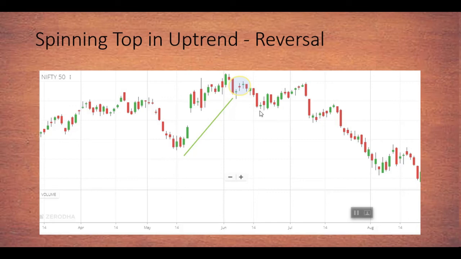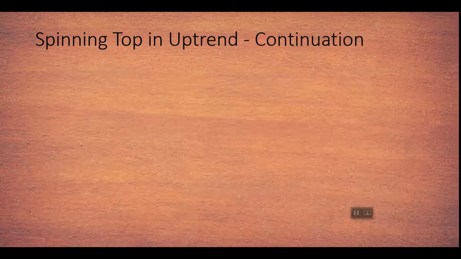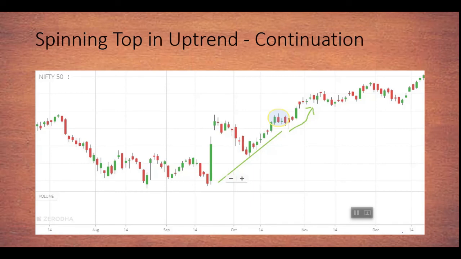Okay, and here you can see that this is a continuation pattern. There is a green candle formed as a spinning top. After this, the price has not reversed here, and after that the price tends to move upward. So after an uptrend, a continuation pattern happened. Let's say you exited only 50% of your trade at this place and are holding the balance 50%, then you have a chance to close it at the higher levels, right? So this is about spinning tops in an uptrend and the continuation pattern.